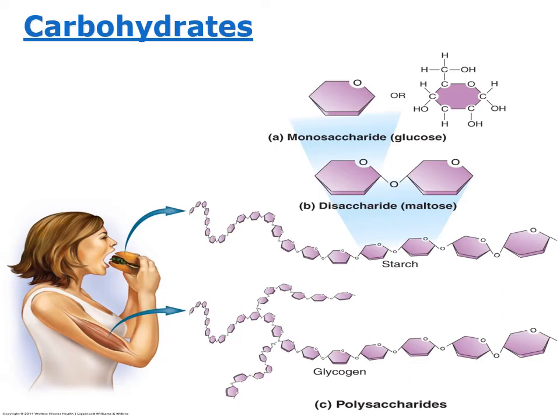Okay, so let's say we're looking at carbohydrates now. Let's look at someone eating a long strand of starch in the form of a hamburger. A hamburger is going to have lots of protein, but the bun is going to have a lot of carbohydrate. So when you eat the carbohydrate, which is in the form of starch, which is just a carbohydrate, it gets into the gastrointestinal system. The gastrointestinal tract is going to break it down into small sugar molecules,